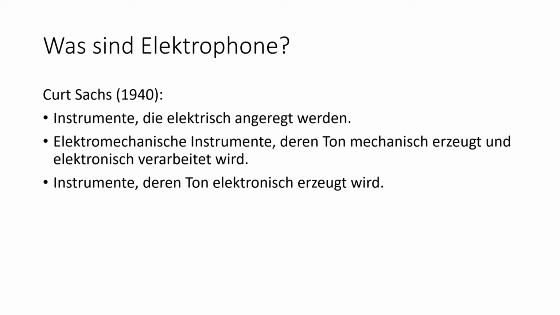As an example, pipe organs that have an electronic system. Way back in the days, you had people having to pump air through the organs, but right now you have it all done electronically. You press a button, an electrical signal goes to the pipe and opens it, and then the air can flow through that pipe. So an organ with an electronic system is by this definition an electrophone.